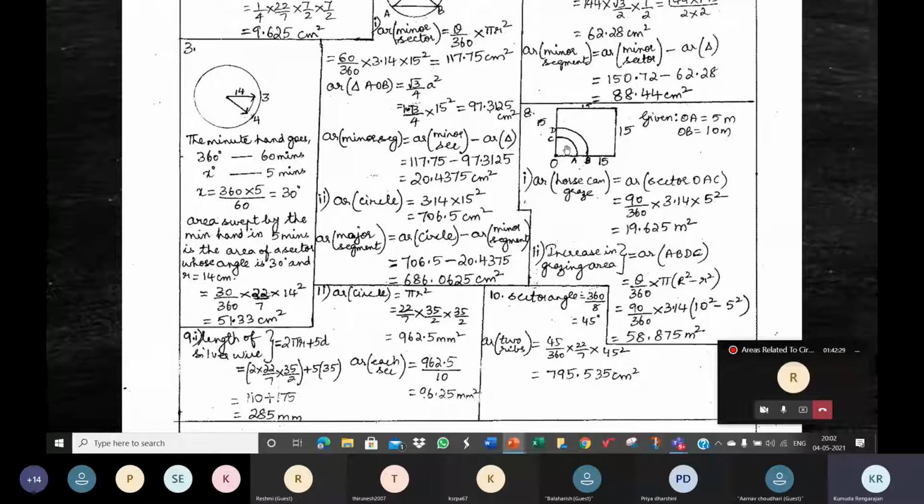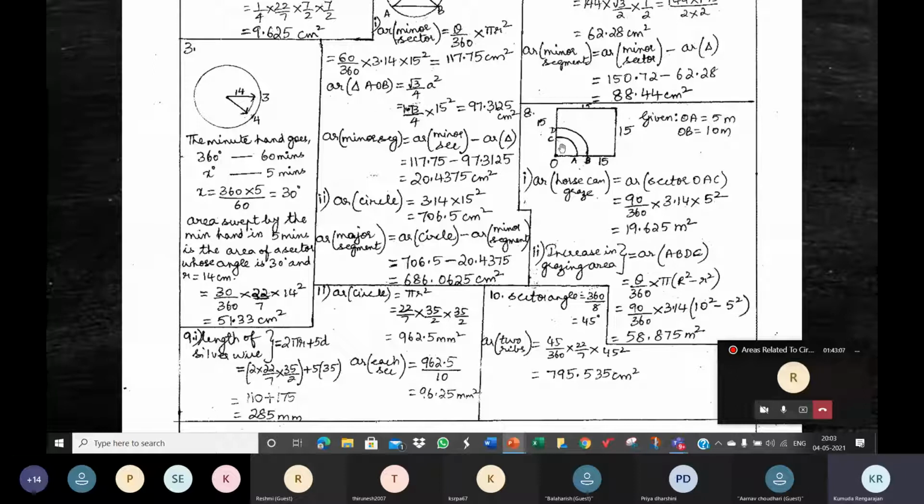Now, assuming that the horse keeps the rope completely stretched, this is the maximum area it can graze. See, it cannot go out. Now you will think, no, it can go in a circle like this. Yes, it can, but in the field there may be walls or a barbed wire fence, whatever. This is the boundary of the field. So the horse cannot go outside the field.